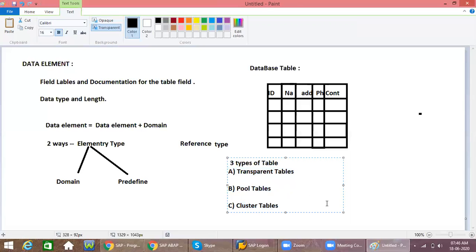As of now, if database comes, these three should come to your mind. We'll discuss one by one in depth. Now put side heading, transparent tables.